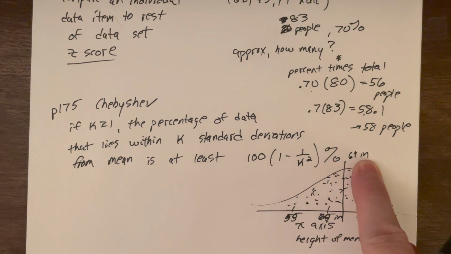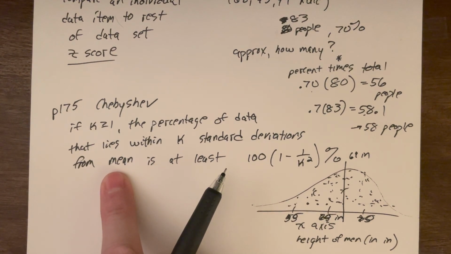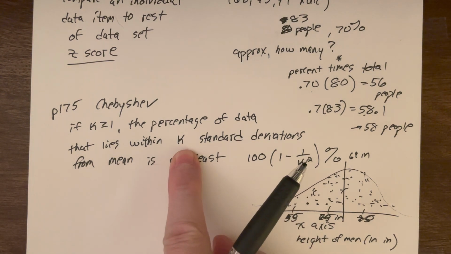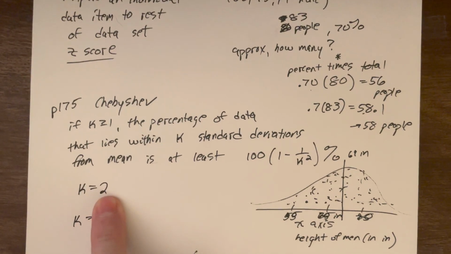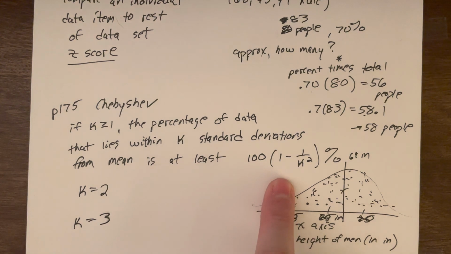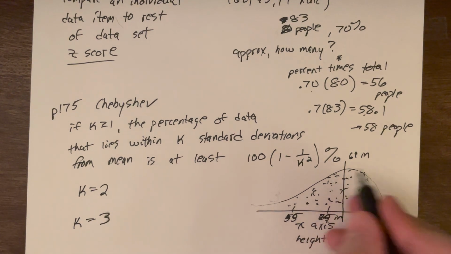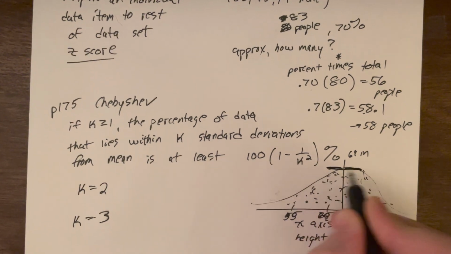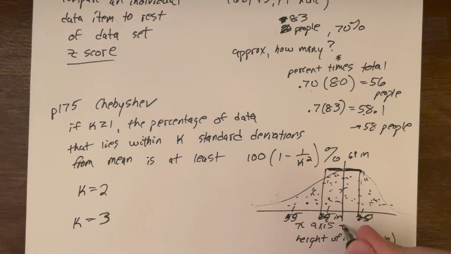But now, if you take that mean, that means we already have to know what the mean value is. Either it's already given to us, or it has been computed, or it's something we need to compute. But if we go within 1 standard deviation, that would be k equals 1, or 2. Let's really focus on k equals 2 and k equals 3. So if you go within 2 standard deviations of the mean, the standard deviation is a distance from the mean. So let's pretend if that length is the standard deviation, that distance in both directions, that's 1 standard deviation of the mean. Here's the mean in the middle.